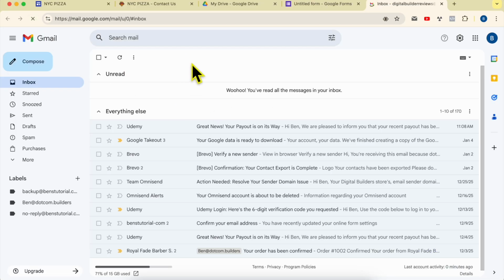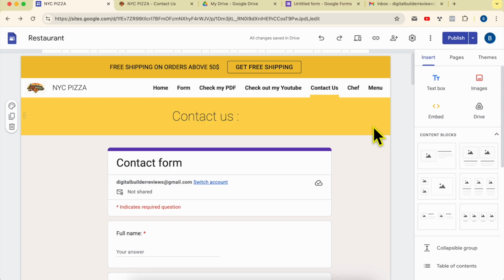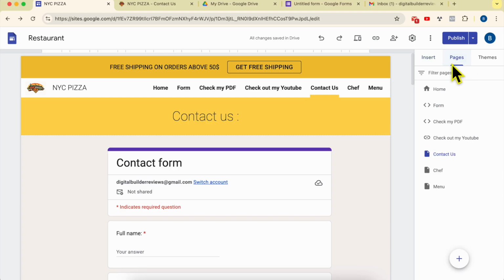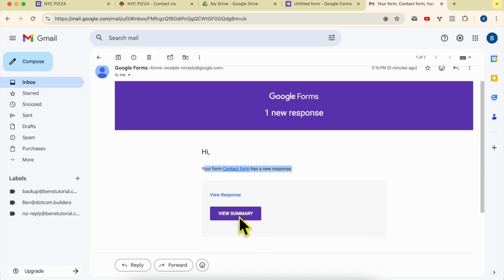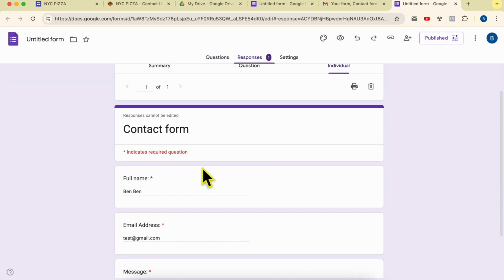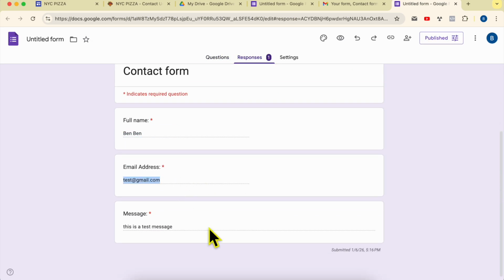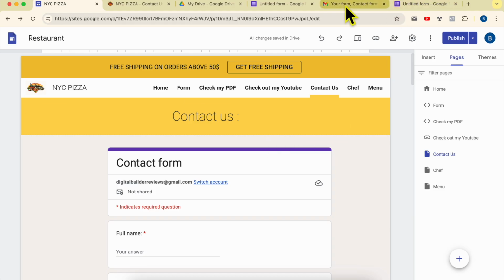Okay, while waiting for this email notification, let's show you how to add a Google form in a different way, in a separate page. I think I received the message. Google form. Your form called contact form has a new response. View response. And as you see, this is the full name, the address, and the message. Okay, now that I received the contact form notification,